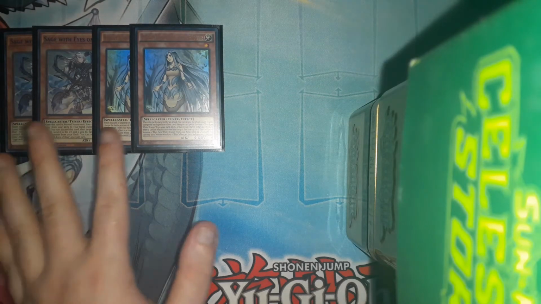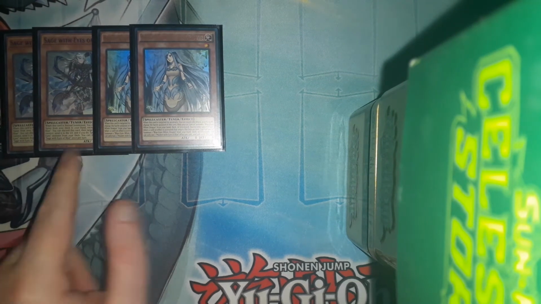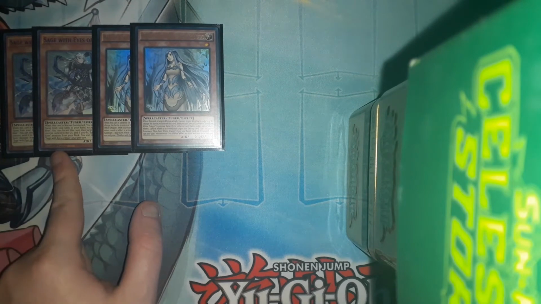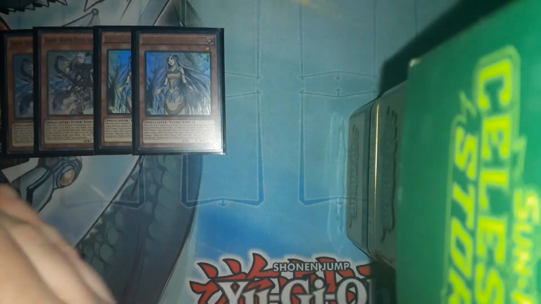So basically, if I had her in my starting hand and then I had Sage Eyes of Blue, I usually play her and then Sage Eyes of Blue's effect, so I can do both effects at the same time. I use her effect to bring out Blue Eyes White Dragon, and use his effect usually to bring out Blue Eyes Abyss Dragon, so I can do more combos. So yeah,